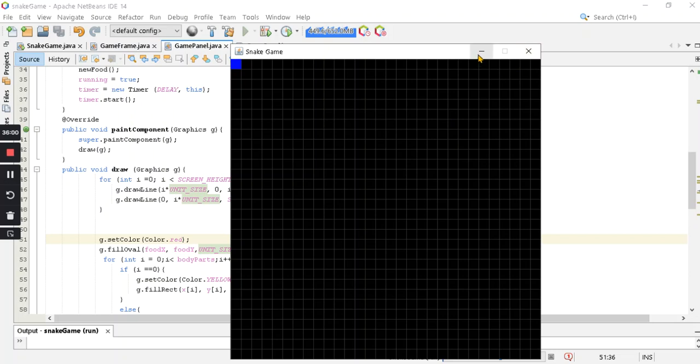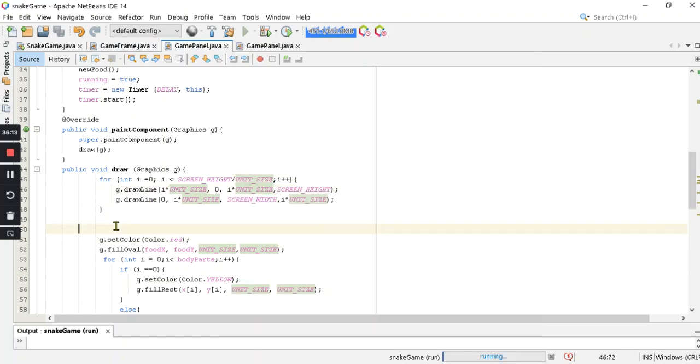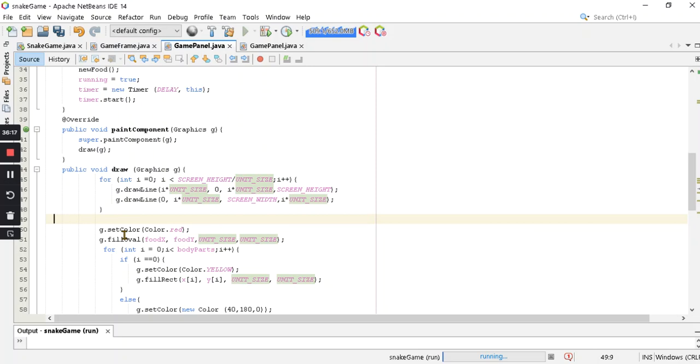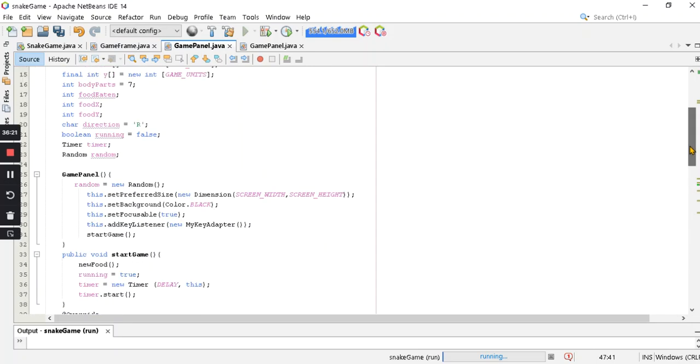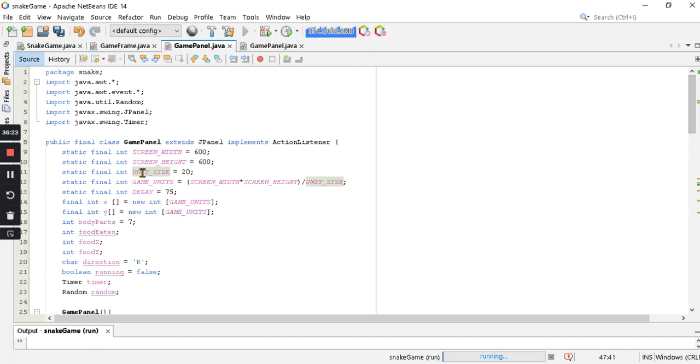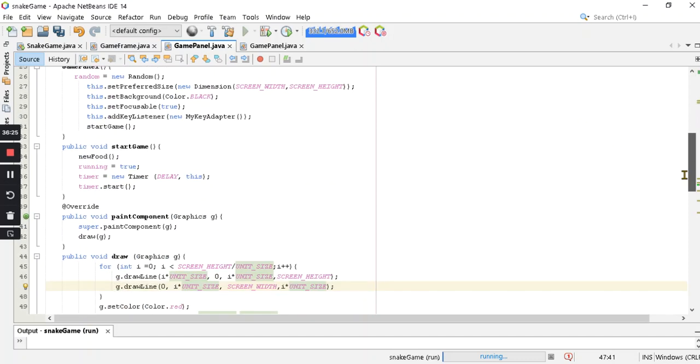Okay, but in the end of the game, end of the project, I will erase it for us to not be distracted. But for now we will be using it for us to see how it is working, how the game units and the game size work. Okay,